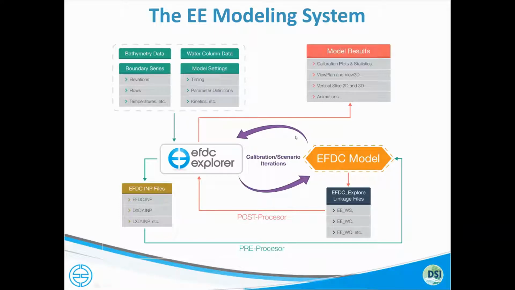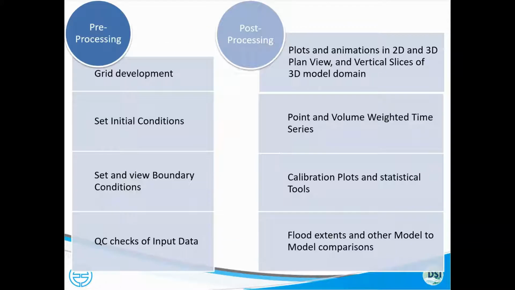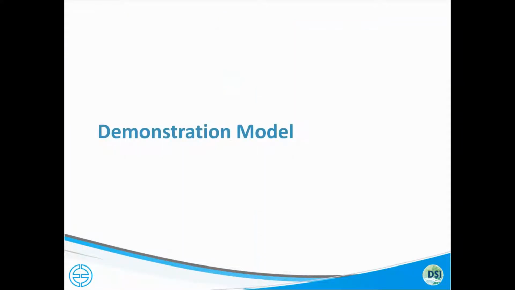And this can be an iterative process, as indicated by the arrows. And just some of the tools for pre-processing and post-processing, and again, lots of information available on the web. So with that,